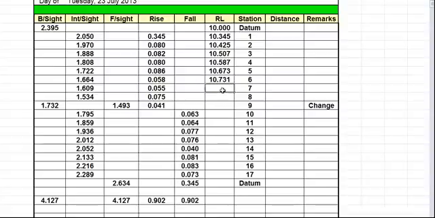10.731. 10.731 plus 55 is going to be 10.786. And we plus 75 is going to be 10.861 plus 41 gives us 10.902, which is good because 902, that was our total rises. Now, this next one is in the fall column, so 10.902 minus 63 is going to give us